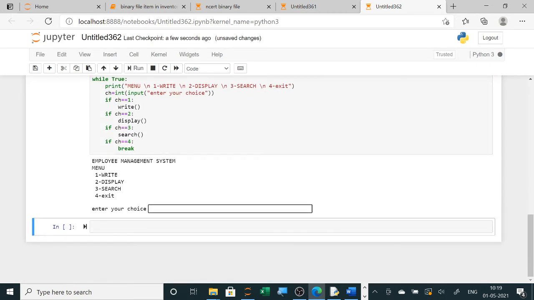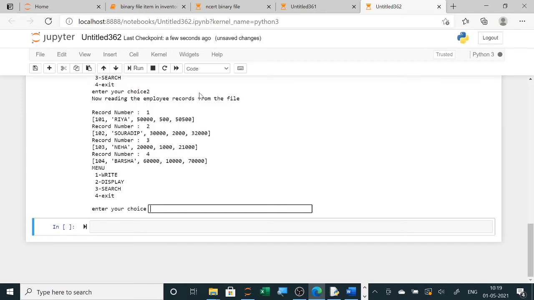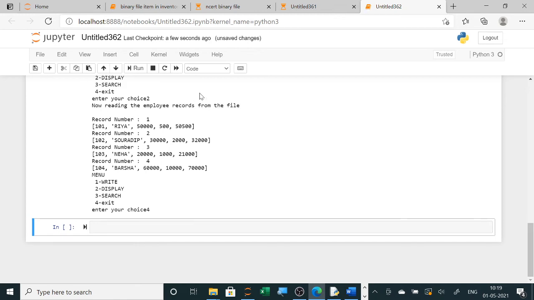Yes, now 2 is displaying the records. Now 4, when I select here, it will exit without any information. Clear? It is out of the program without any information.